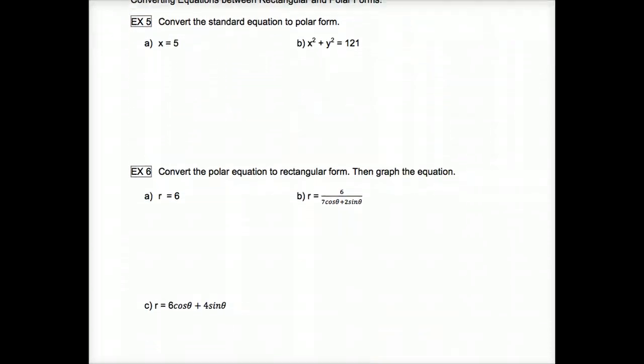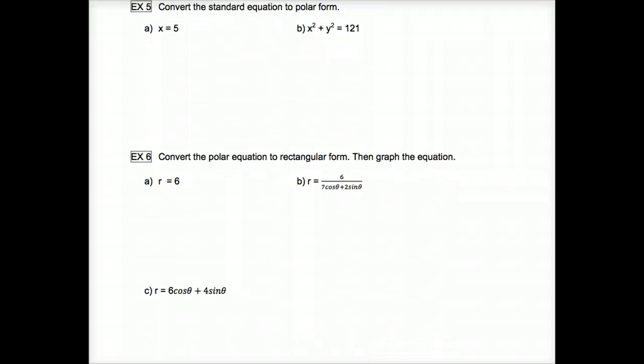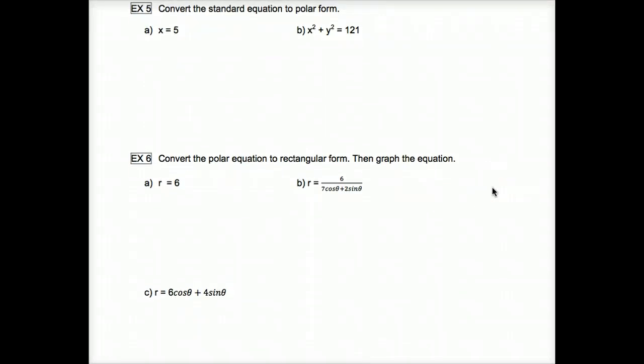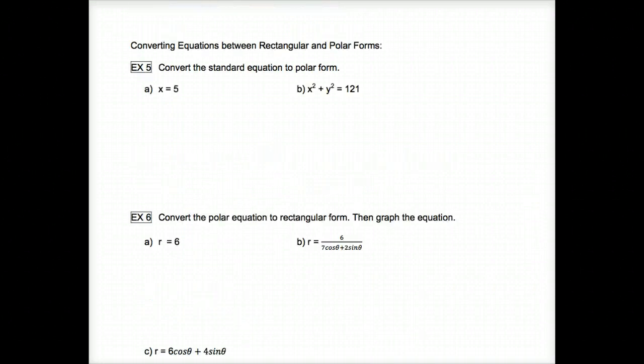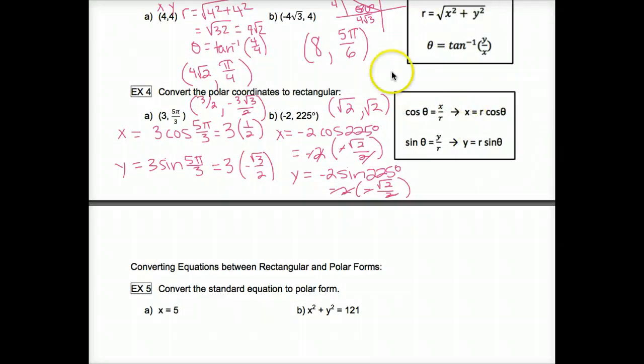Last thing that you're going to have in the homework, and I think on the copies of the guided notes, I think that the back, somehow I must have pressed it in wrong to the calculator. So if you don't have a back, you'll just have to write this part down by hand as we go here. But converting the standard equation to polar form. So we're going to be using some of the same things that we used here when we're converting equations. So a lot of the same